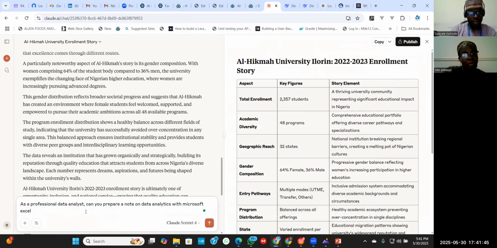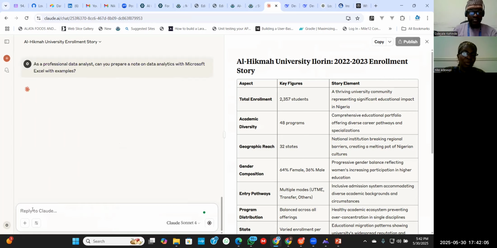Okay, so you can specify Microsoft Excel with examples. Okay, so with examples, so press enter.